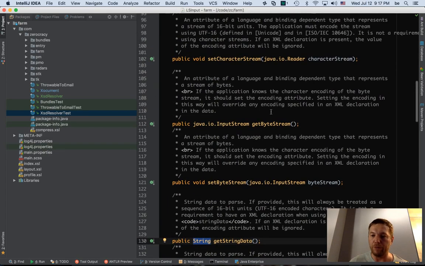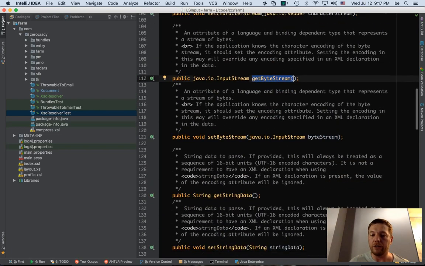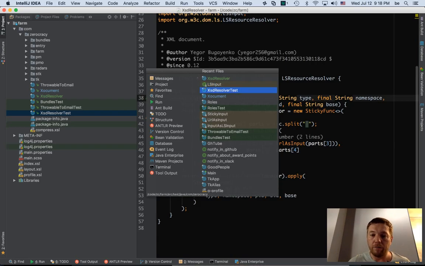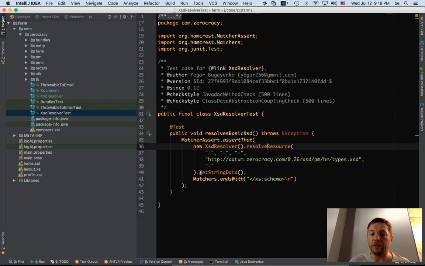If you design things like that, you just return an input stream, and then if you want people to have more flexibility of what they really want, you create decorators or some other classes which will turn the input stream into what they want: into a reader, into a string, whatever. So the problem is that here we just tested getString data. So maybe this XML engine is using something else, and then the error is somewhere else.